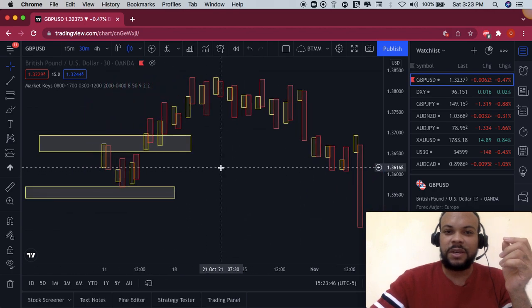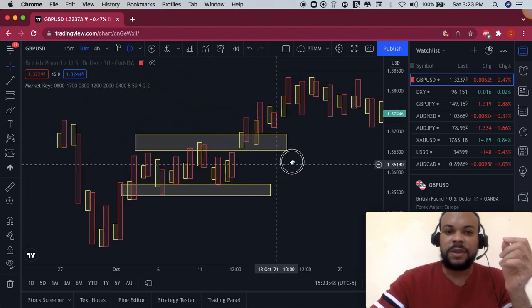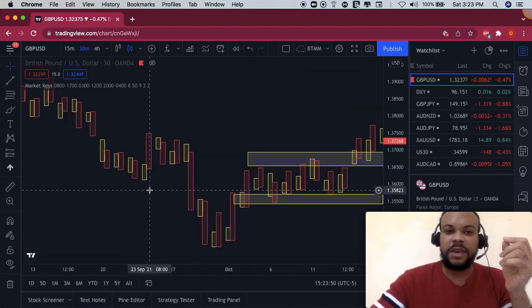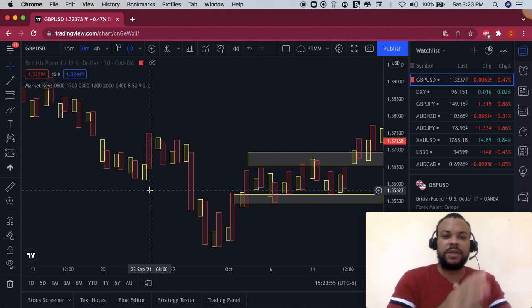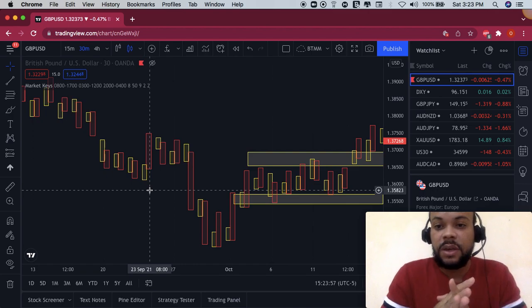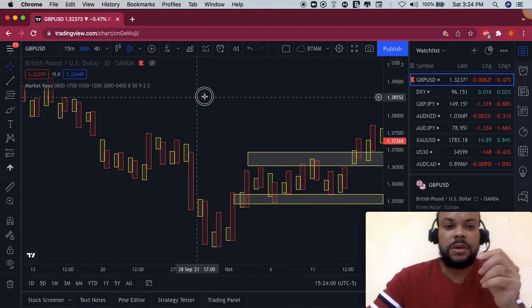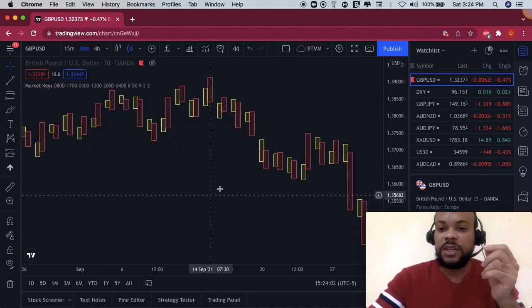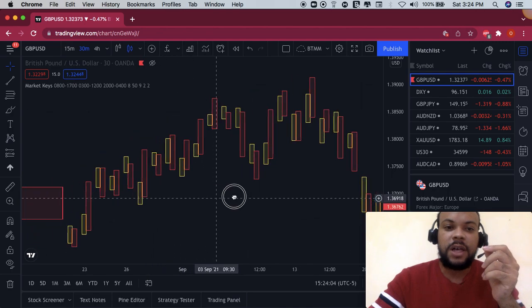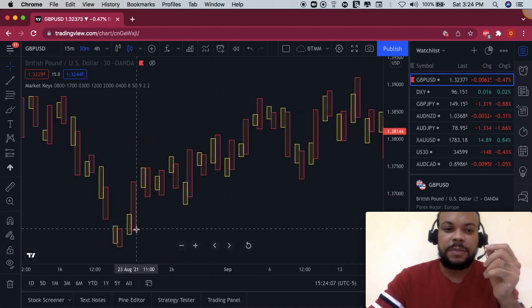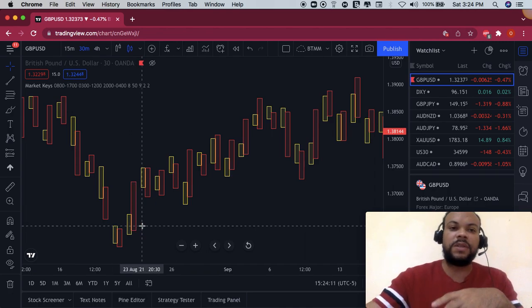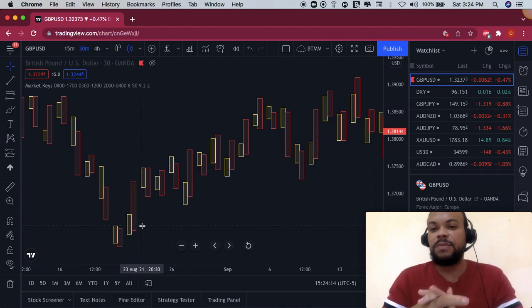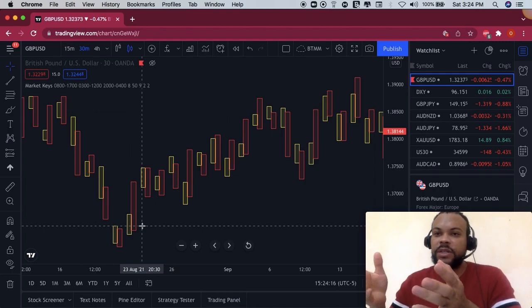So typically, this is when most of the volatility and most of the orders, most of the buying and selling of the currency happen during this time in foreign exchange trading. So all the banks, all the hedge funds, this is typically the time when they are trading. Okay, so it's always better, especially if you are a relatively new trader, for you to